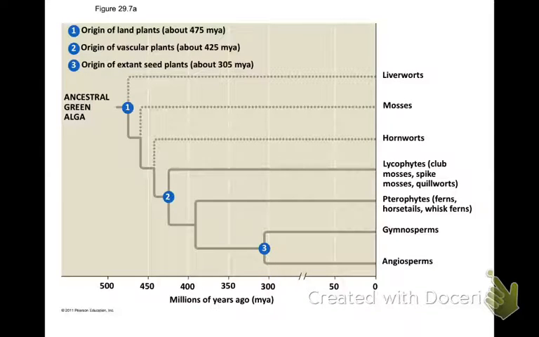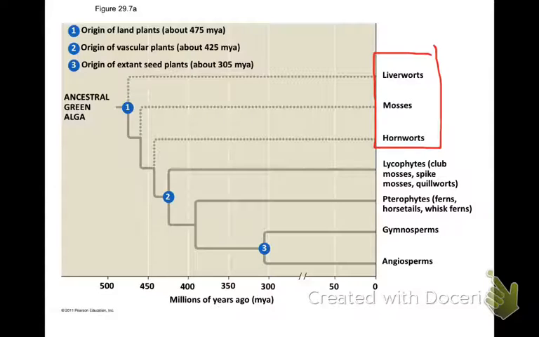Okay, in this unit we looked at the vascular plants and the fungi. So one of the key things that you need to know is the major evolutionary steps in the evolution of the land plants. So in the first unit we looked at the non-vascular plants. Here the liverworts, mosses, and hornworts, and those first seedless, non-vascular plants arose about